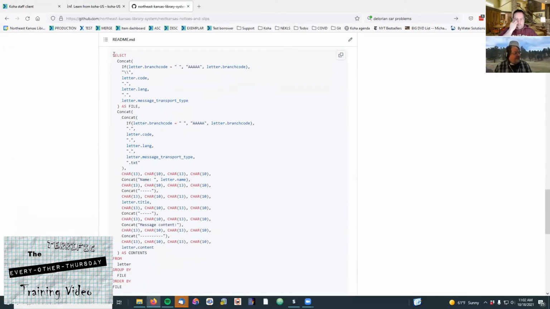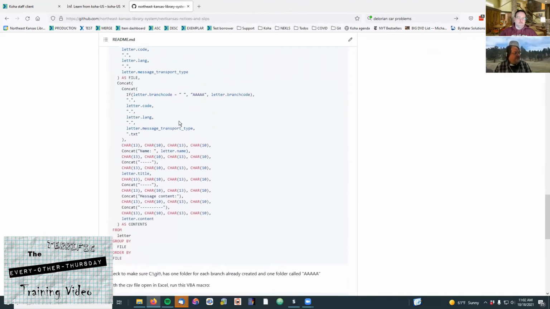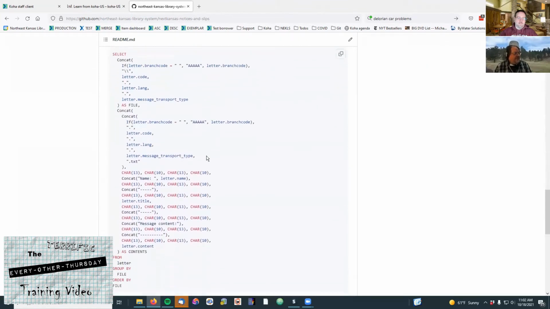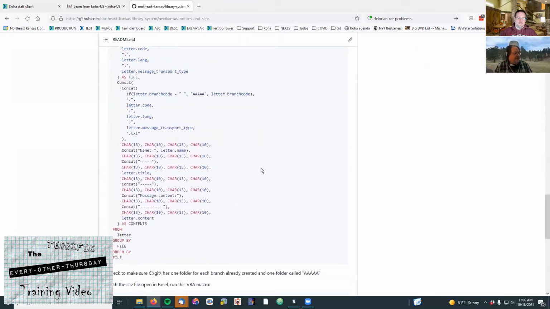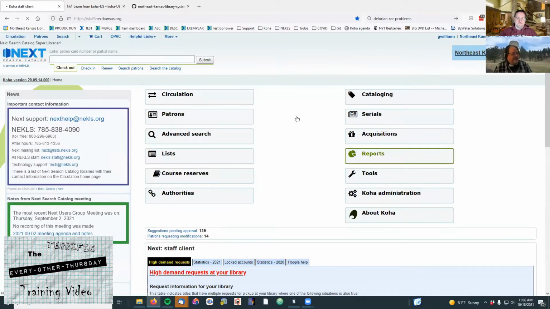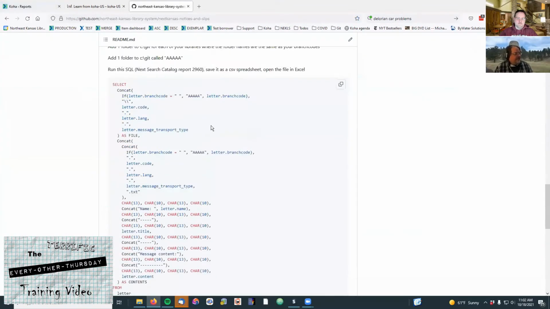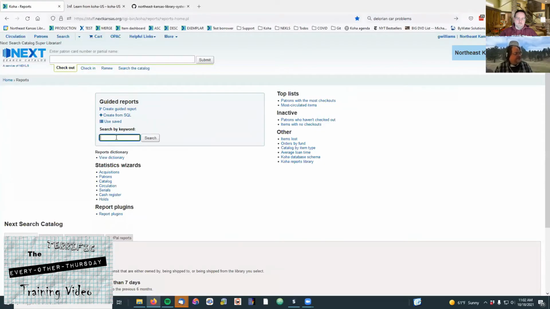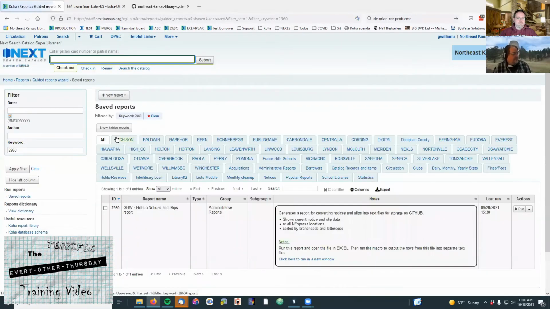And then I've got a report here that anybody can go to this GitHub site and grab. And what it's going to do is generate a report. And which report is it? In my system, it's report 2960. And if I run this,